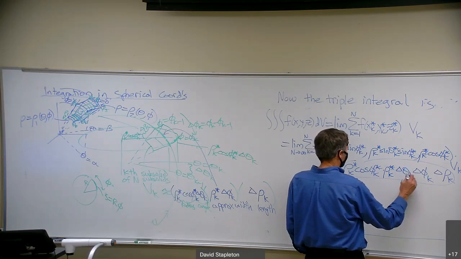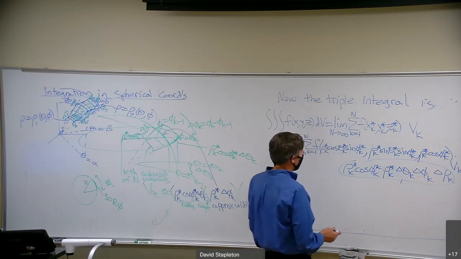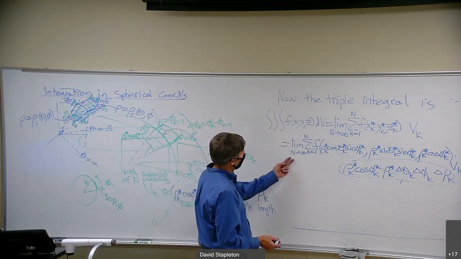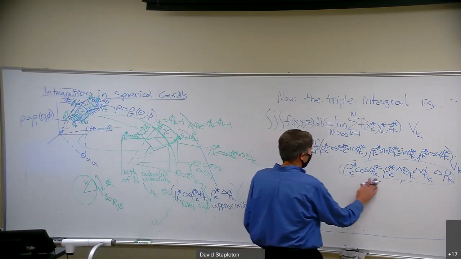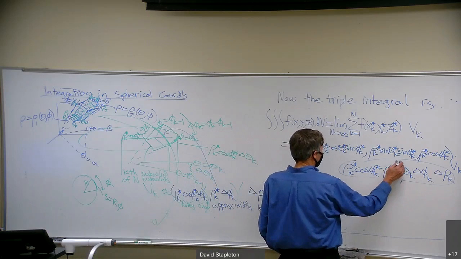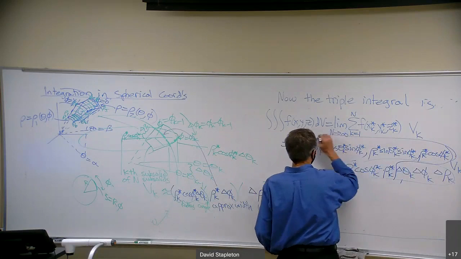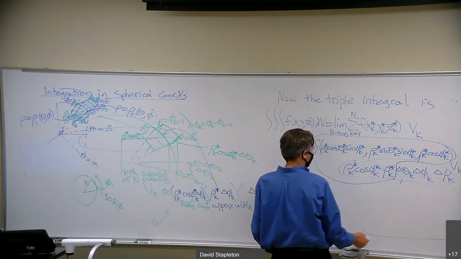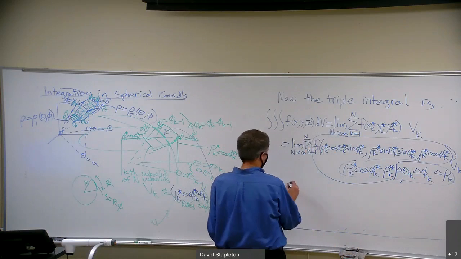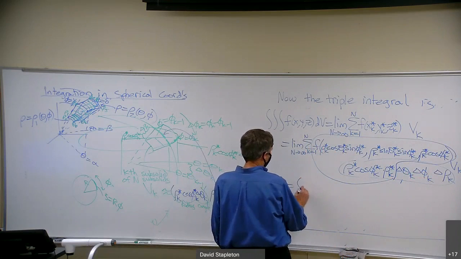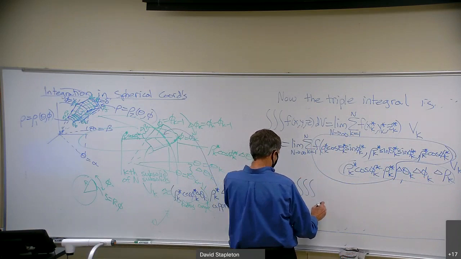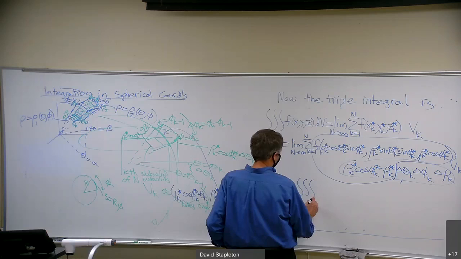Delta theta k here. And now what have you got? A triple integral, right? The limit of the sum of this integrand, delta theta, delta phi, delta rho. And so what you have here is a triple integral over this,